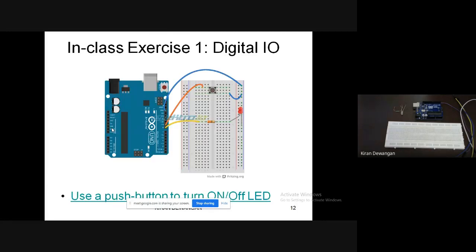This is digital input, that is again through a push button. We can do this here through a push button as well. That is not required. Use a push button to turn an LED on and off. We can use a push button to turn the LED on and off. This is the small code. This is the small connection which is shown here by making use of a push button.